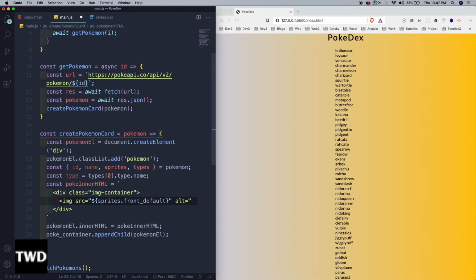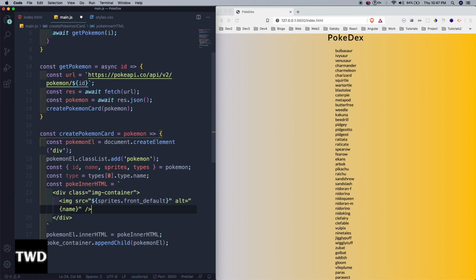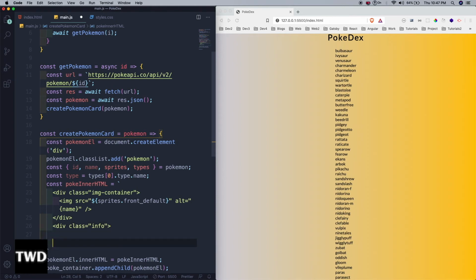Alt equal to name. We already destructured it here. Close this image. So this image container is this, and there will be one info container. Div class equal to info, div, span class equal to number,